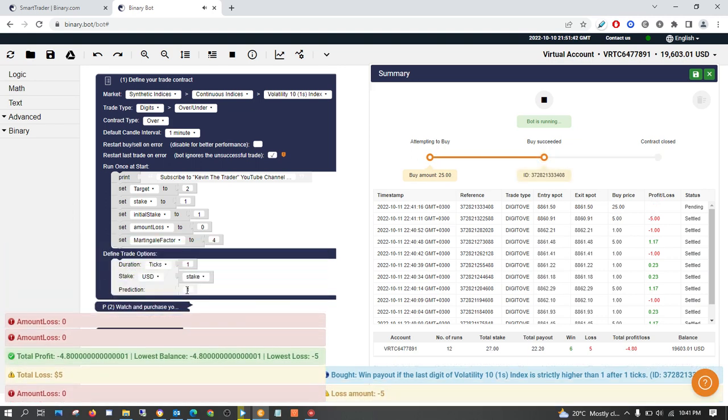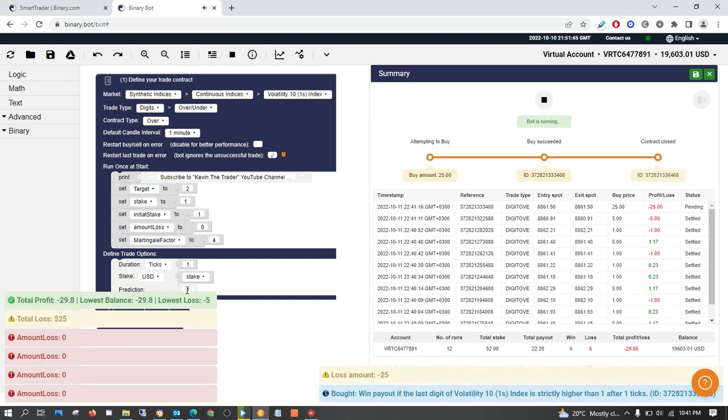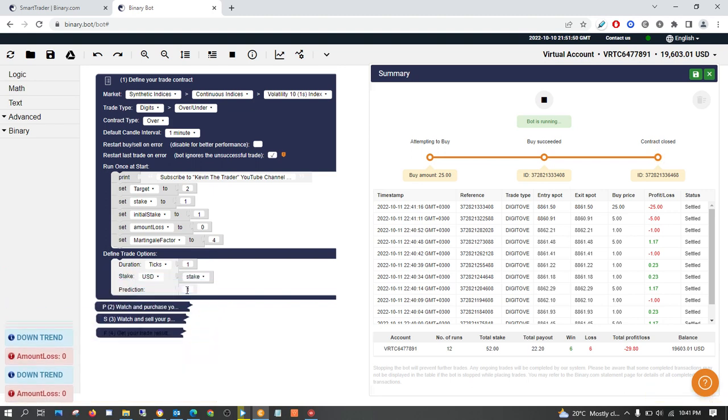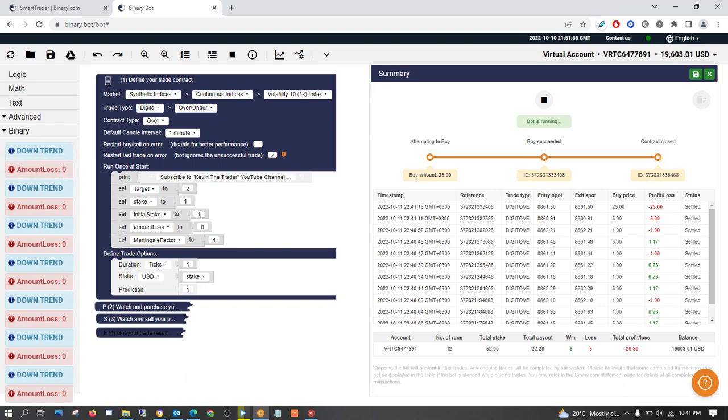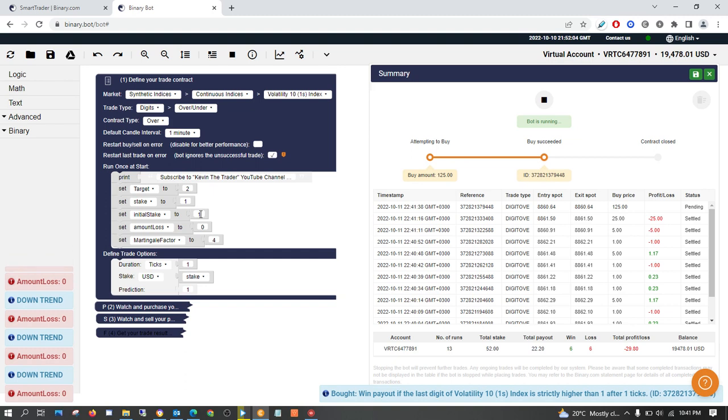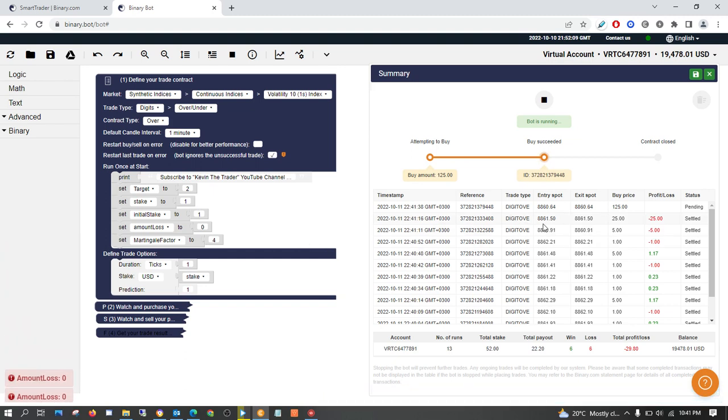Okay, now as you can see, now it trades with $25. Okay, so I'm just showing you how you can lose money even if you're trading with $1. You see, if you have something less than $125 in your account, you will lose your money.